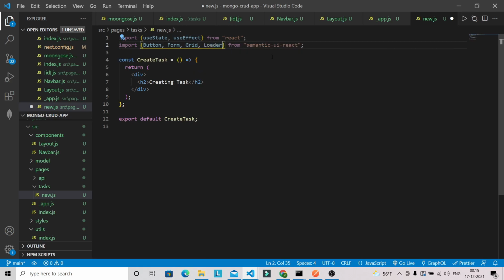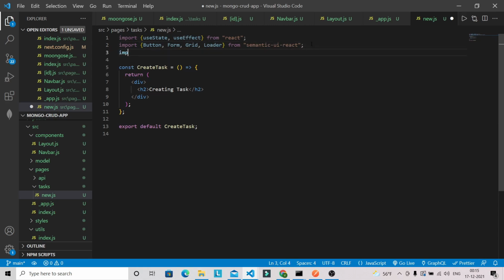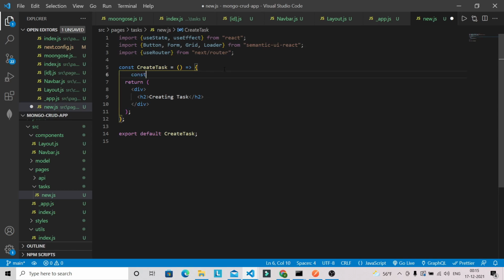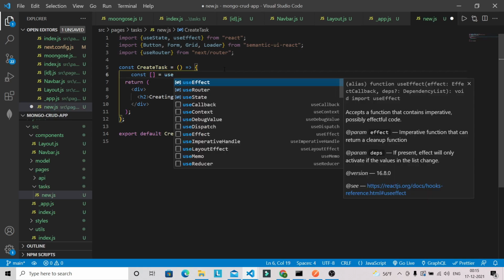Okay, and we are also going to need useRouter as well. So next/router, useRouter. Then we are going to define a state for the 2 input fields, that is title and description. So useState,